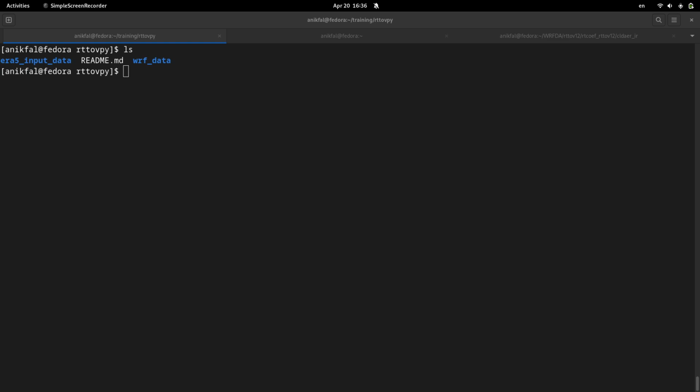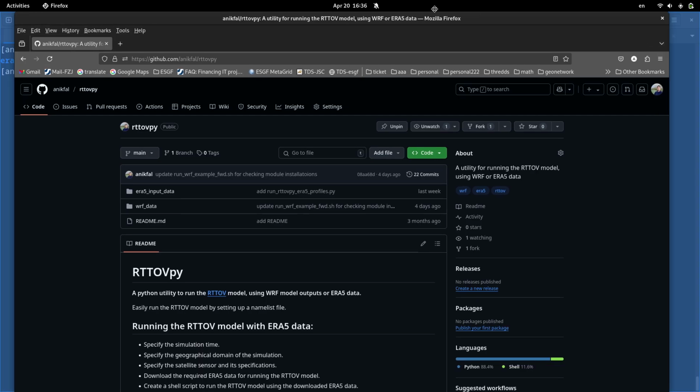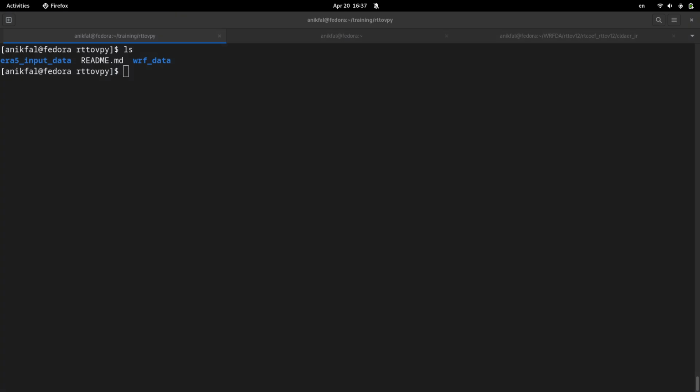So if you remember, we have a Python module called RTTOV-Py. This is the repository to get this Python module. After cloning this repository and navigating to the directory, you have two distinct directories: one for running the RTTOV model using ERA5 data, and the other for running the RTTOV model using WRF